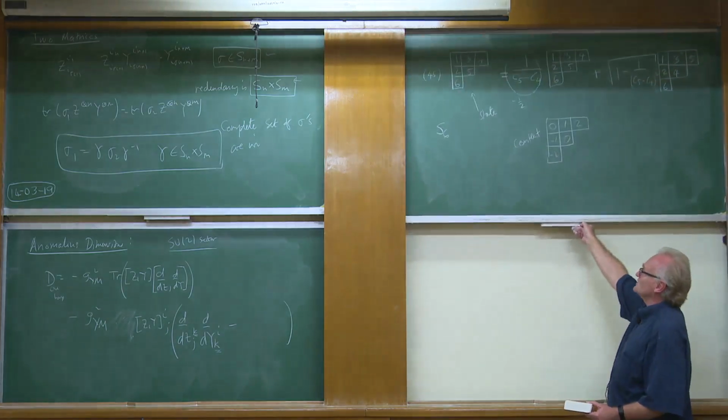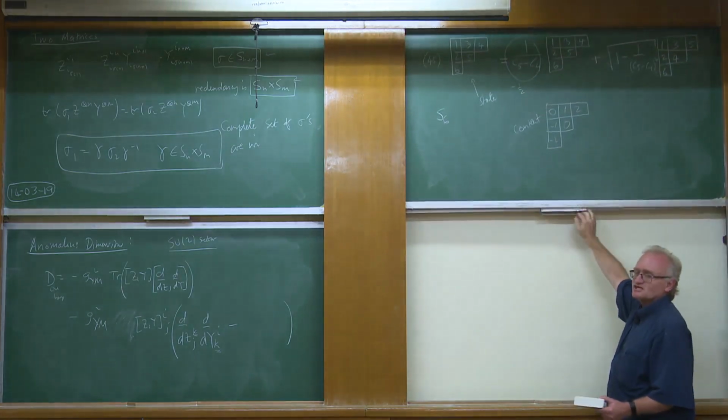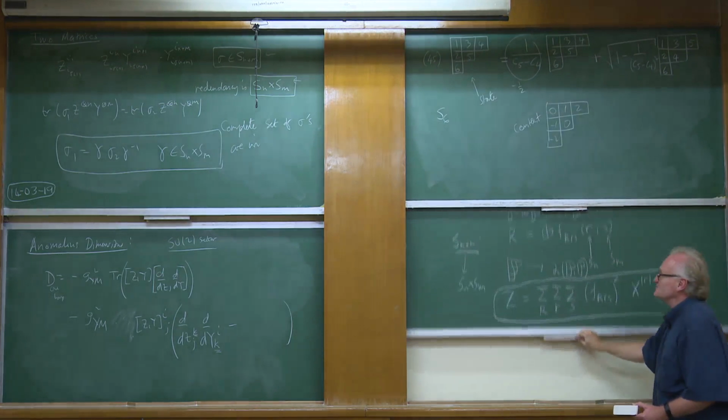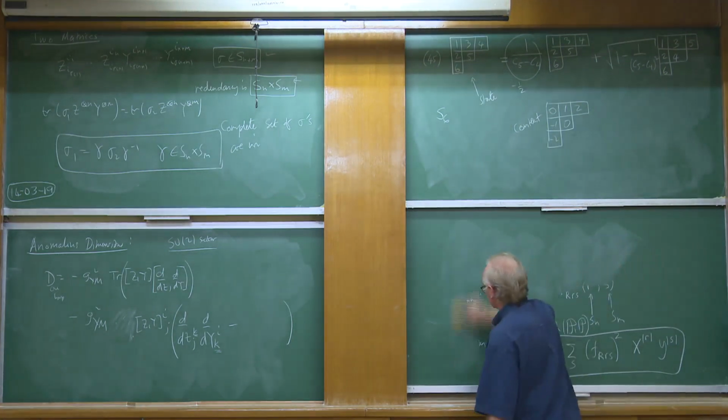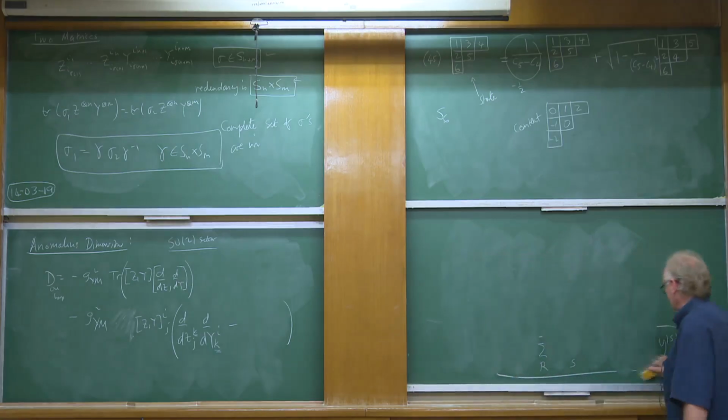Now we would like to start knowing how we exploit large N. How are we going to get some simplifications for large N coming about? What I'm going to do is the following. I'm going to imagine